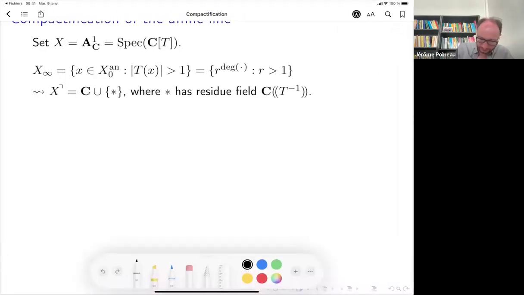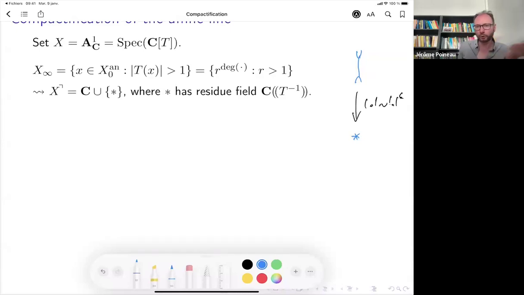So we had this x infinity that was just something like this, just some open segment. Yeah, I think it was blue before. Some open segment like that with r to the degree. But you see that I said I should mod out by equivalence of semi-norms. So actually those absolute values are equivalent. They just have some different normalization. So when you pass to the quotient, you just get exactly 1 point. Okay. And that's what we want, actually.